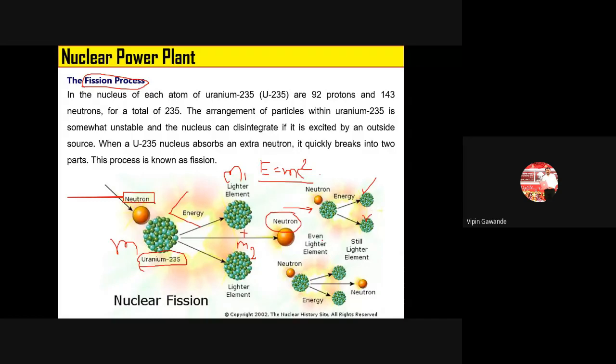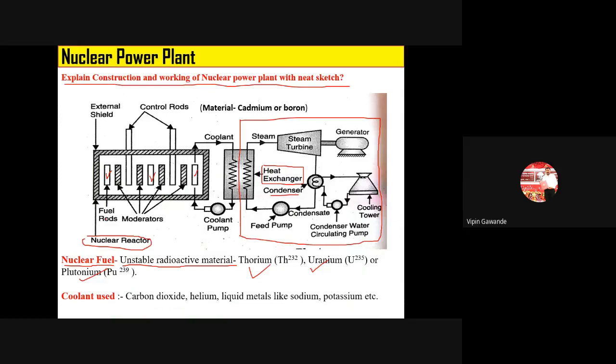Then again it generates a neutron, which strikes another uranium nucleus. The reaction goes on, and that's why this is called a chain reaction. Each reaction generates a neutron, that neutron strikes another nucleus of the radioactive material, and again neutrons are generated. So the fission process generates neutrons and a lot of energy. This radioactive material is placed in the form of fuel rods. Here we have uranium, and here we have uranium, and it is bombarded with neutrons here.